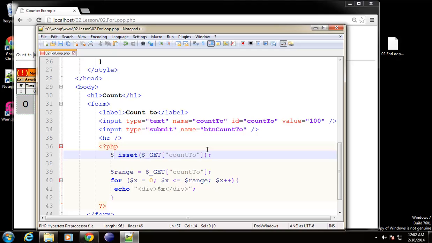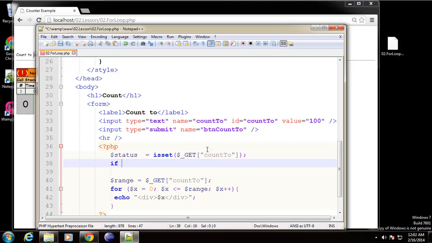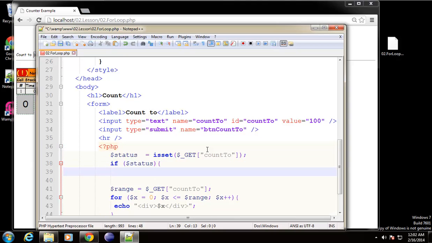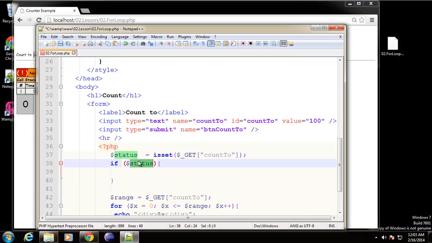Let's do $status. And we're going to say here if $status, and what this is going to do is return you a reference to this object. If this object is a valid object, or basically it evaluates to true in this statement, that means it's okay to perform this get. So we'll say here